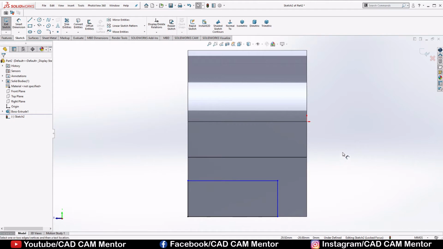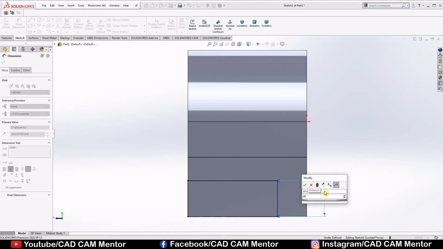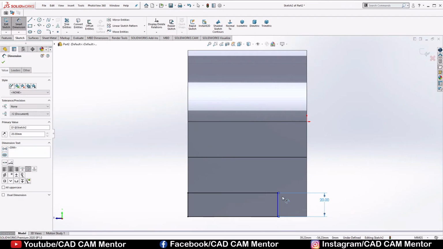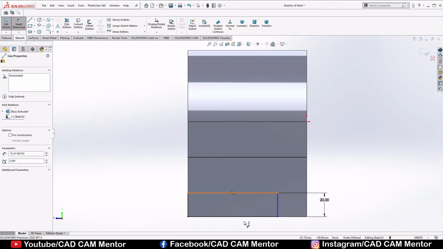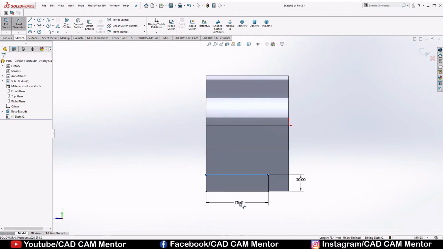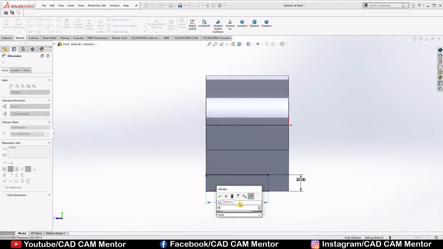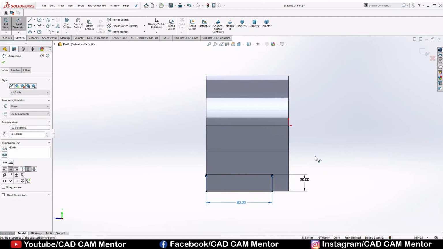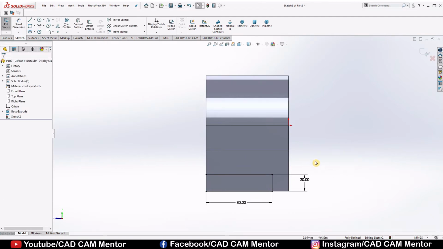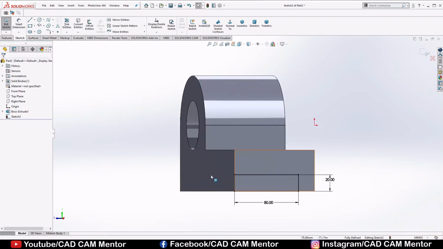Now we'll give dimensions to this rectangle. The height of this rectangle was 20 mm. Now select this line and the width was 80 mm.